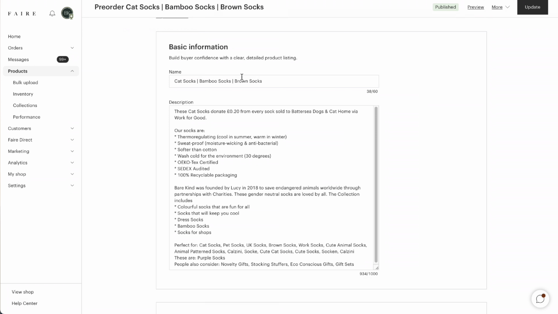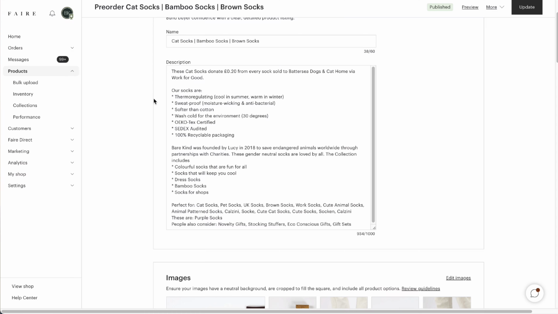But really quickly, there's a couple things that you want to be focusing on for your product title and your product description. In your product title, you want to focus at the top level that you're selling to. Take for example, we sell socks. So rather than talking about a gray-haired mouse cat or something very specific, which is typically what I see a lot of businesses do, go for cat socks, bamboo socks, brown socks. You want to be hitting those top level key terms. And that's just because there's just not that many products on Faire when you consider it, even at that top level. So you want to be going for the keywords which are going to drive the most amount of traffic